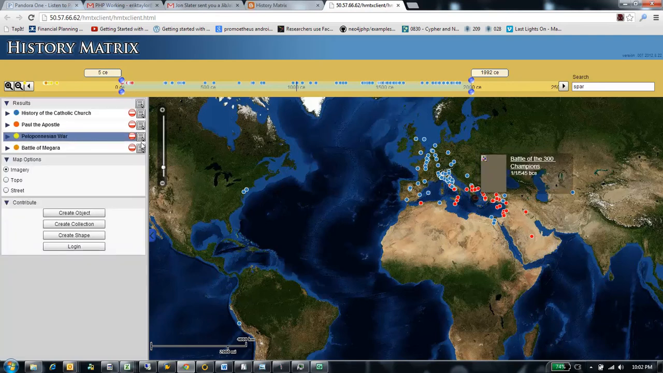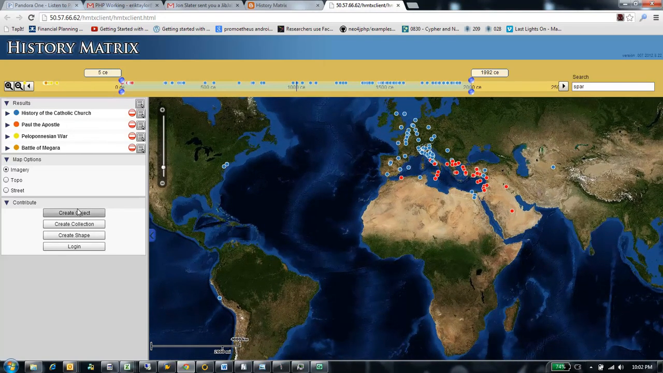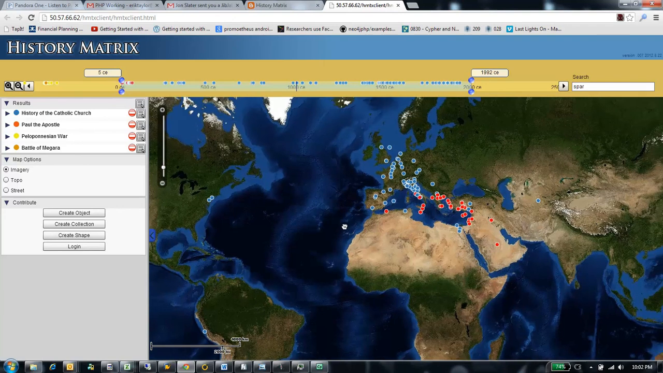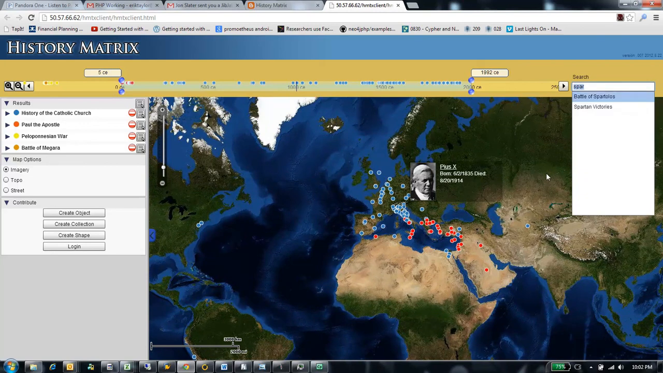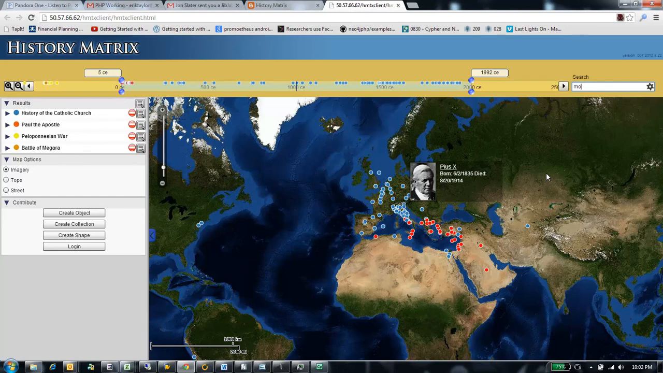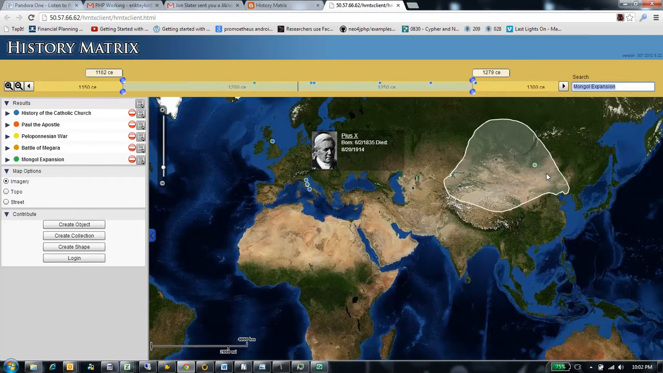So there's that feature. Let's see. Over here, I won't go into all of this, but this is how you can contribute to History Matrix. So you can create objects, create collections, create shapes. And with that, let me end by just showing you how shapes work. Shapes are another element in History Matrix that can be part of a collection. And so I've got a collection called the Mongol Expansion. So if you bring that up,